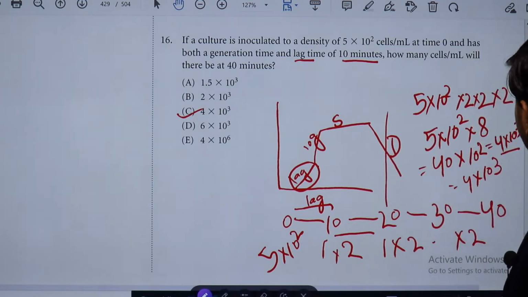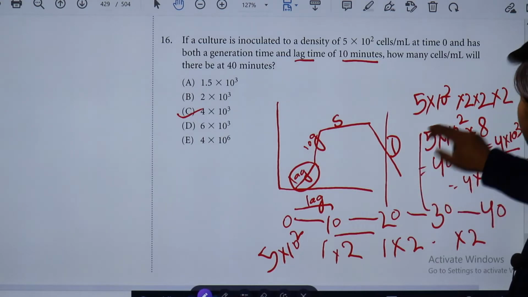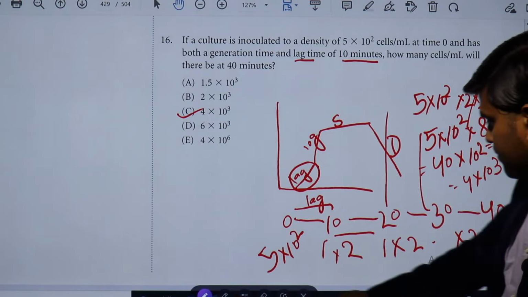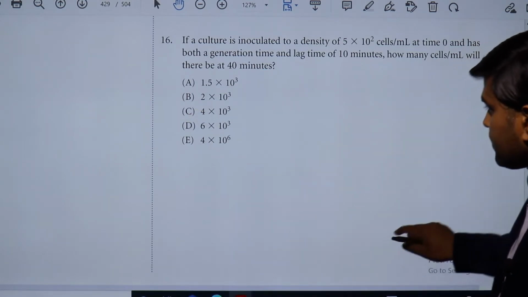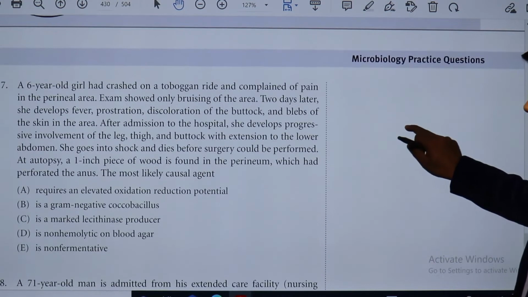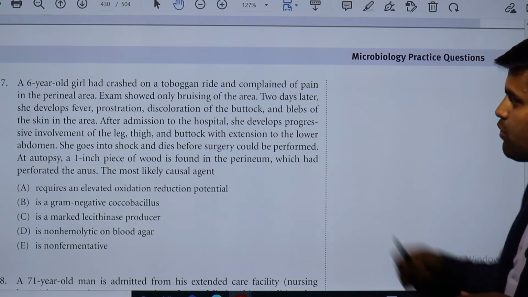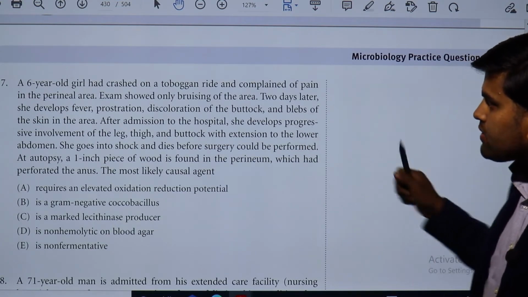Now let's move over here. We can go from this, this can be removed, and we can remove from here, cancel all this and move forward. So now we have moved to another question, and this question is: a 6-year-old girl had crashed on a